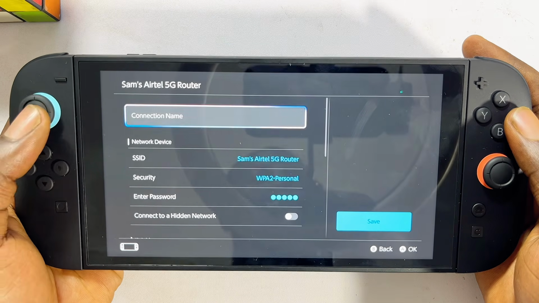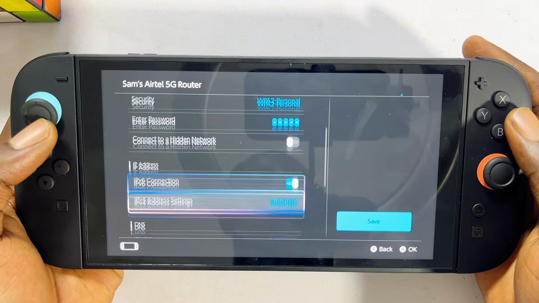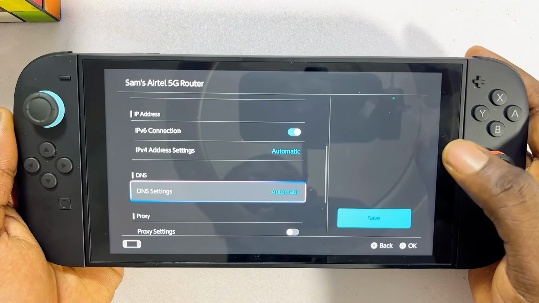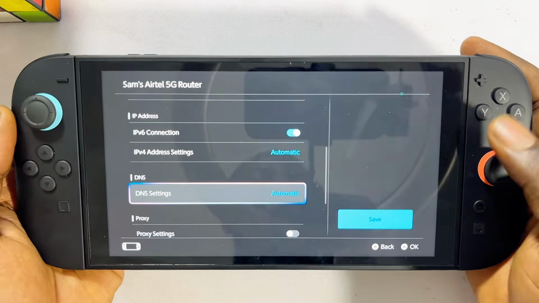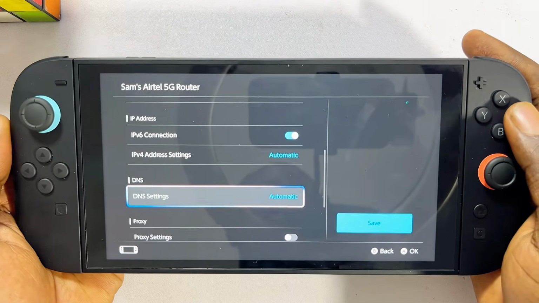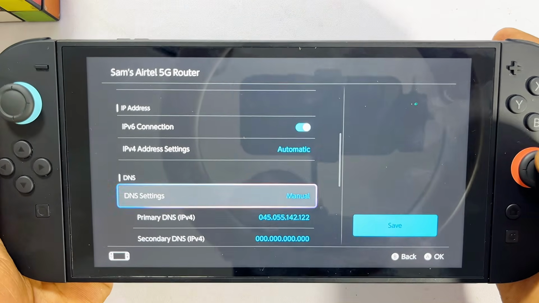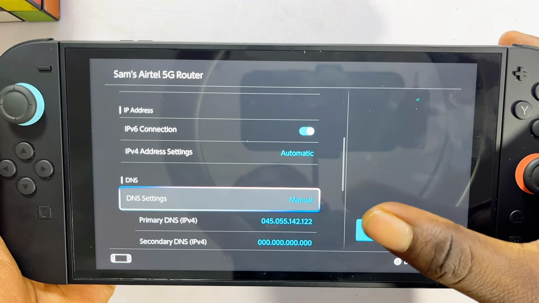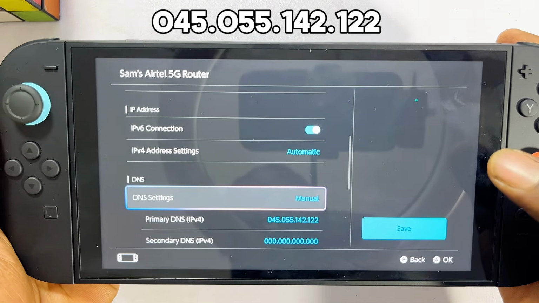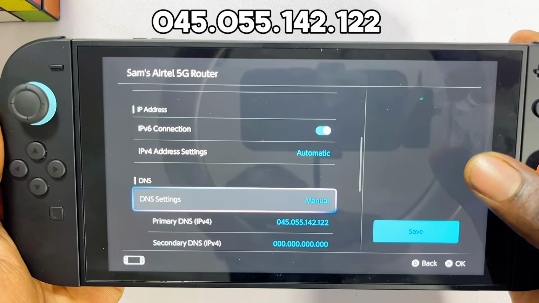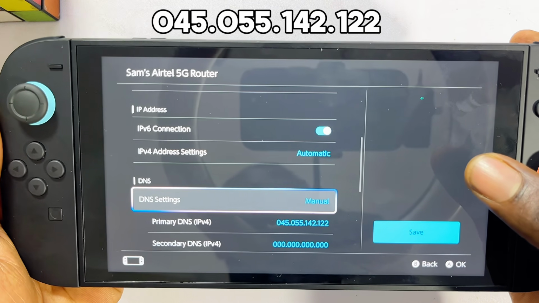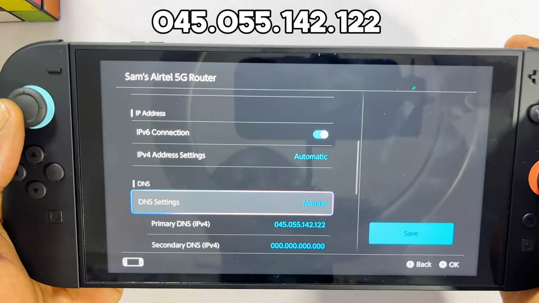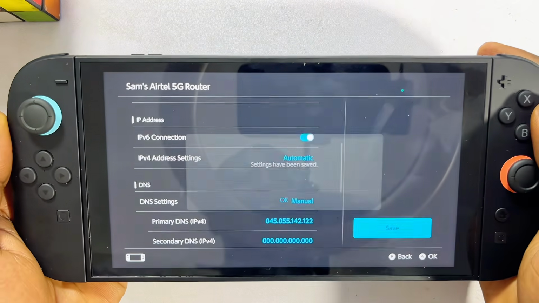Select that. And then you want to continuously scroll down until you get to the DNS settings over here. By default, your DNS settings should be set to automatic. But what you want to do at this point is to just go ahead and select it and then change it to manual. In addition to that, you want to go ahead and enter the exact primary DNS settings I have over here on my Nintendo Switch 2. So go ahead and enter 045.055.142.122. Once you're done, you can go ahead and save your changes by clicking on the save button over here,